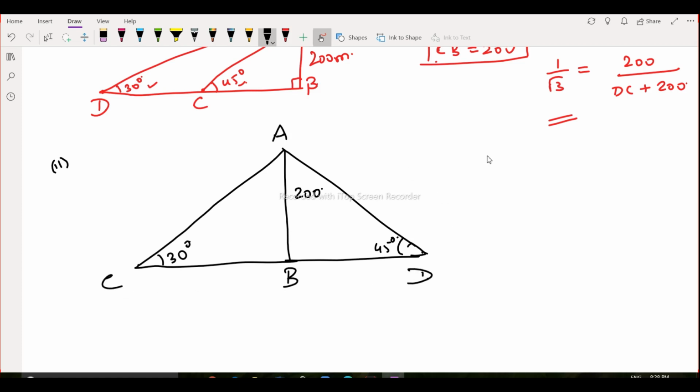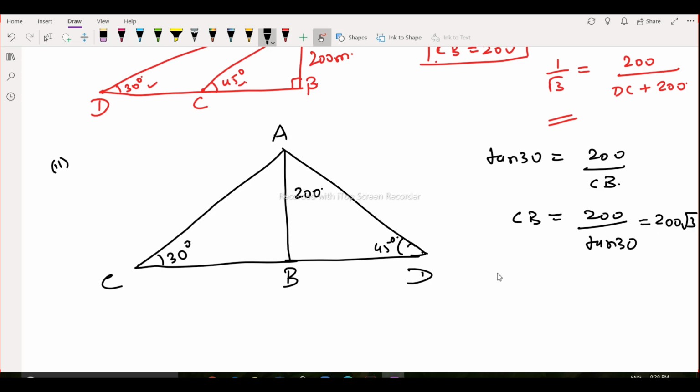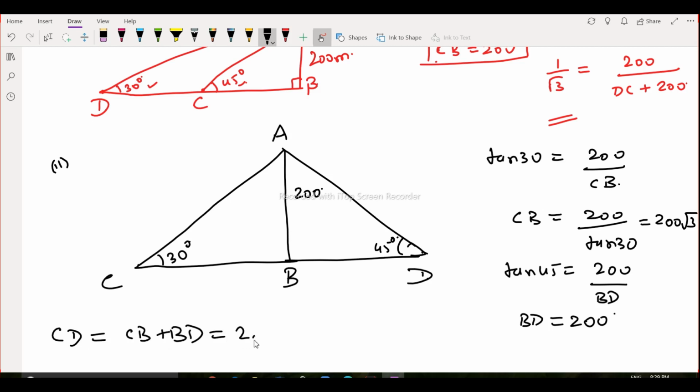Now we'll first use tan 30. Tan 30 will give me 200 upon CB, so this will give me the value of CB. So CB is 200 upon tan 30. Tan 30 is 1 by root 3, so this is actually 200 root 3. Then I'll use tan 45. Tan 45 is 200 upon BD, so BD is actually equal to 200. So now CD is equal to CB plus BD, which is 200 root 3 plus 200, and we get